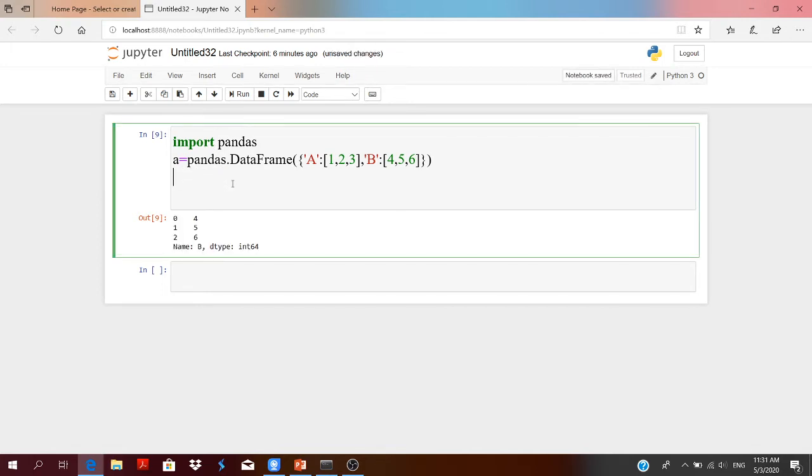After deleting and selecting, if you want to add any column to your data frame, you can also do this by writing the data frame name, then within square brackets give the name of the column which you want to add, then pass the values to be added.